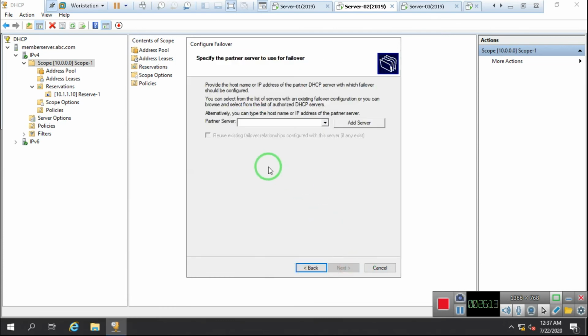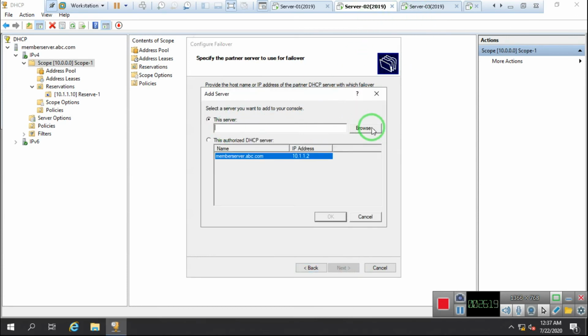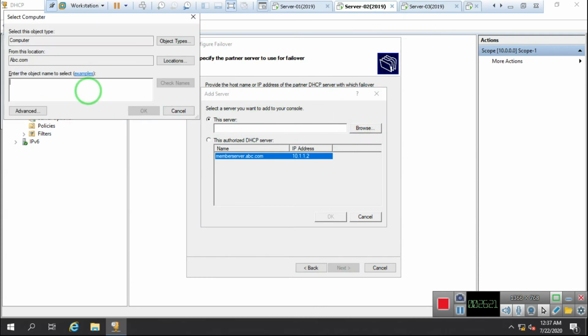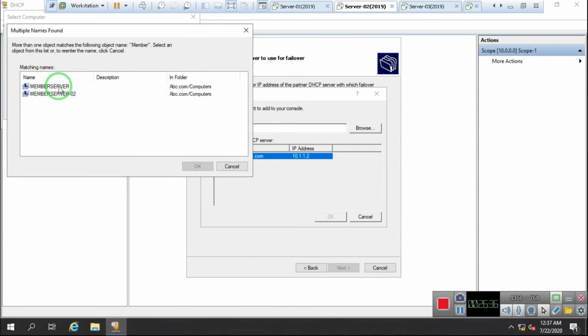Click on next. Now they ask me for my partner server. My partner server is server 3, so I need to add it. I click on add, click on browse, and define my partner server, member. I click on check names. As you can see, it shows we have 2 member servers, member server and member server 2.